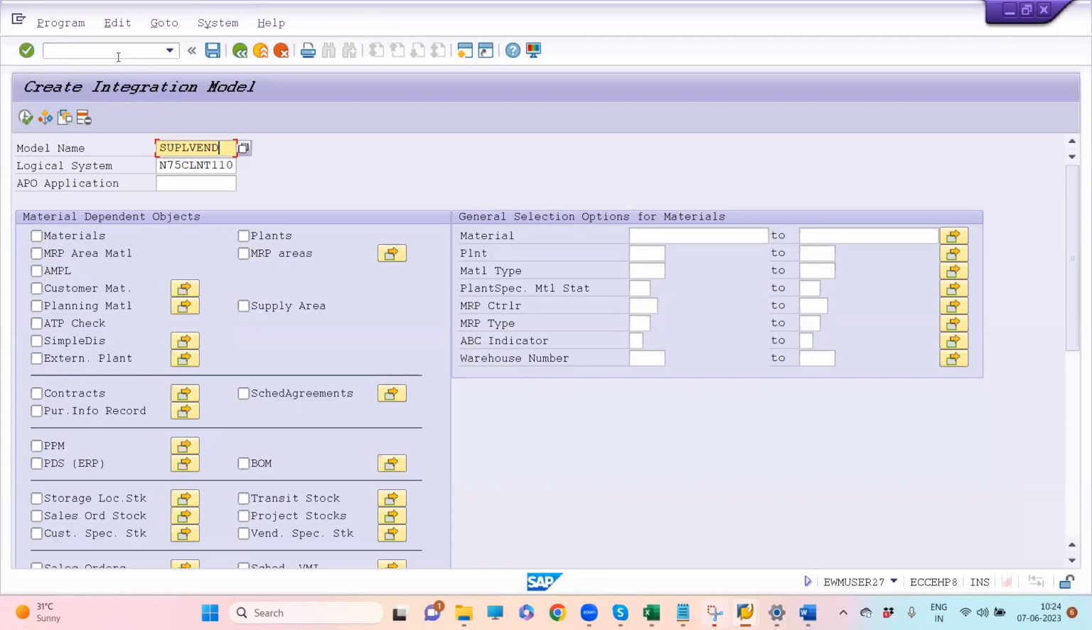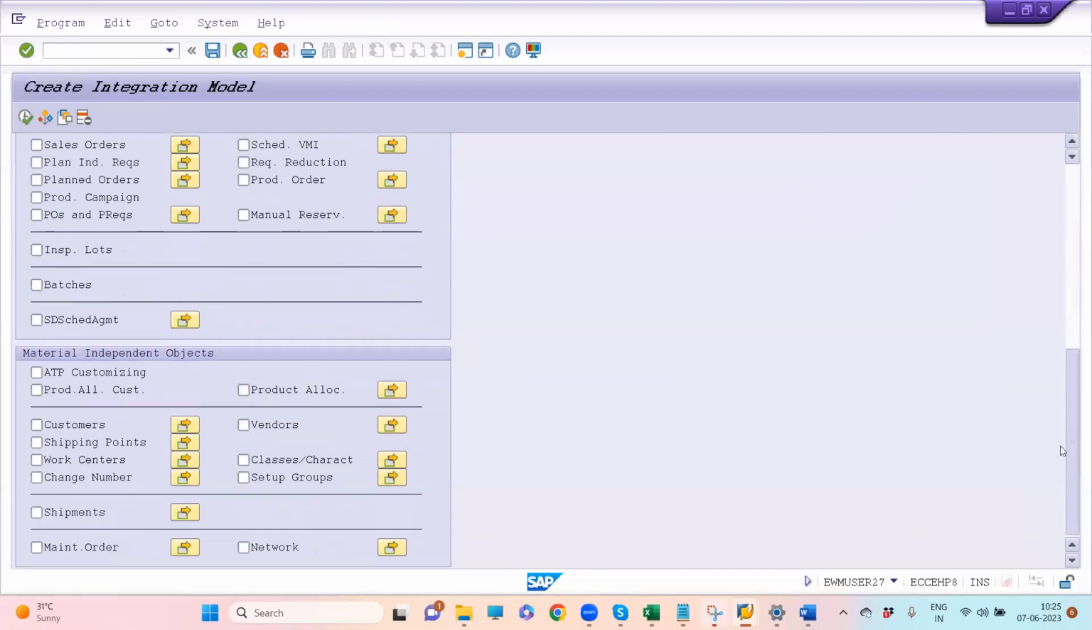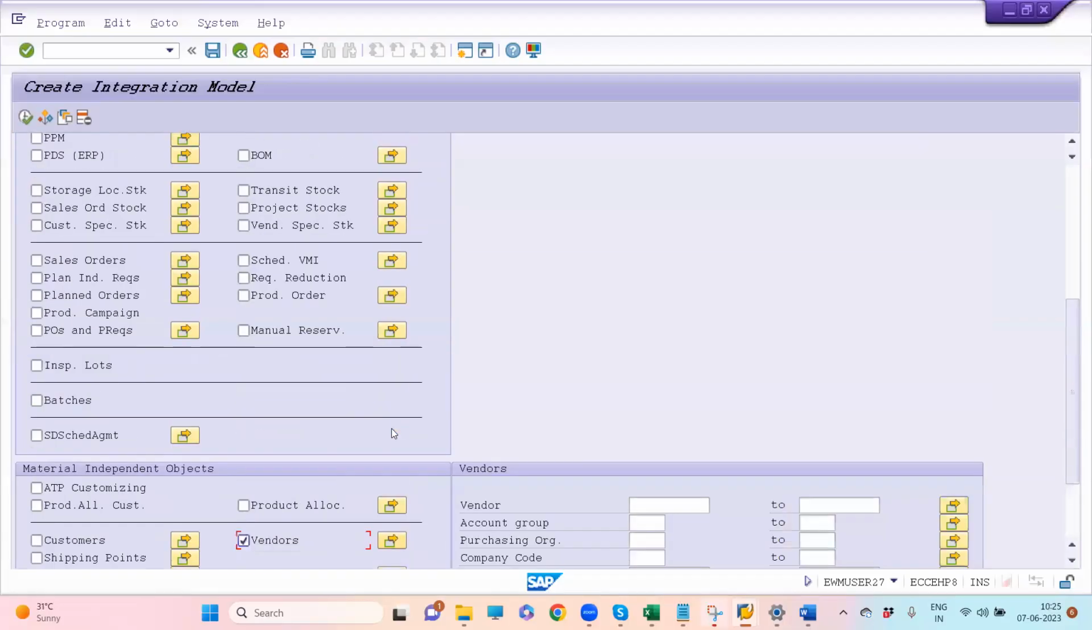Okay, and API application is also a text. As I said, this model name and the API application are reusable. You can use the existing model name and also the API application. Okay, no, my vendor is material independent. So I need to go at the bottom of this screen for the material independent objects. Click on this vendors, click on this one